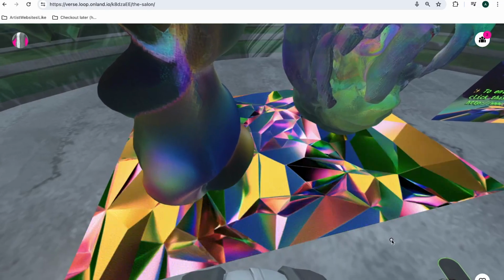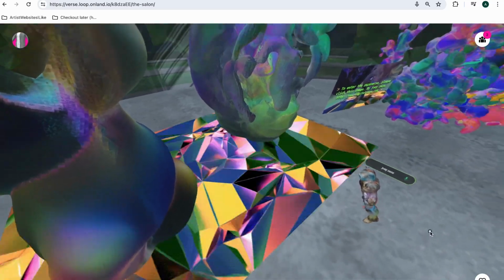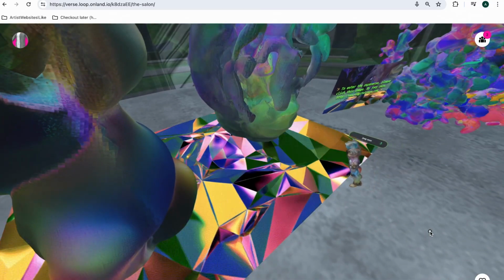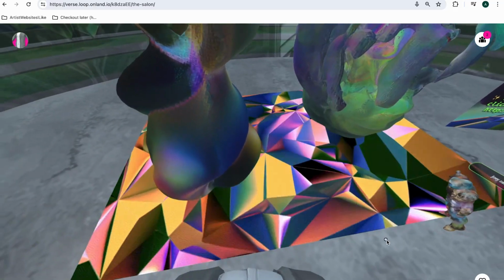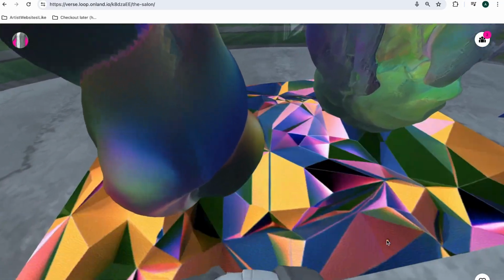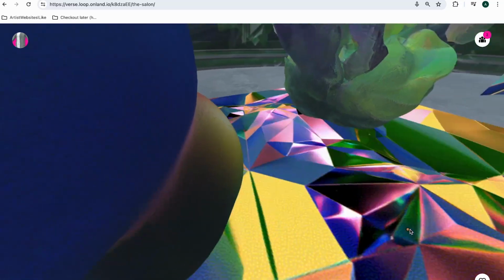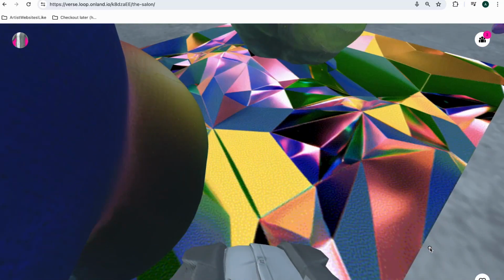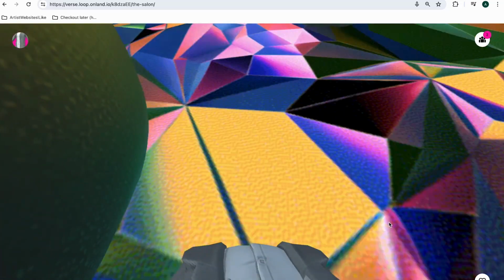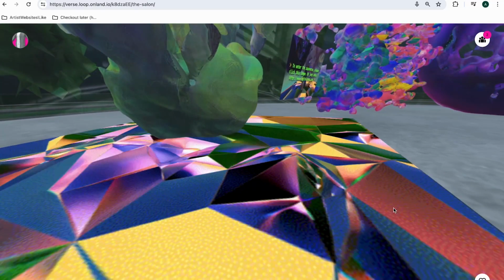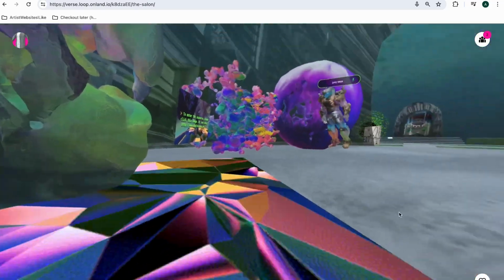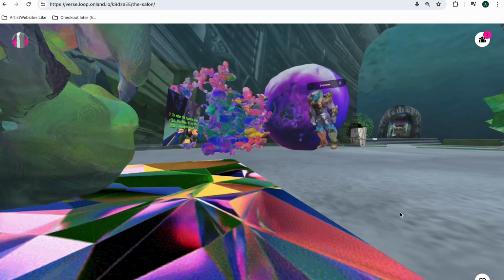The GIF itself is created from some p5.js code that I wrote, which is then input into Stable Diffusion. It's 24 frames, which gives it a second-long GIF.